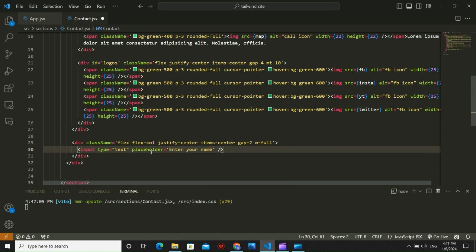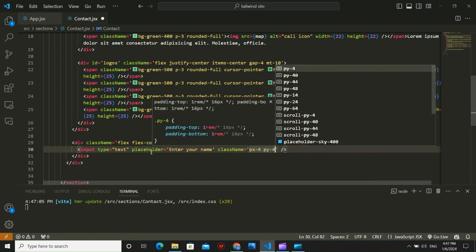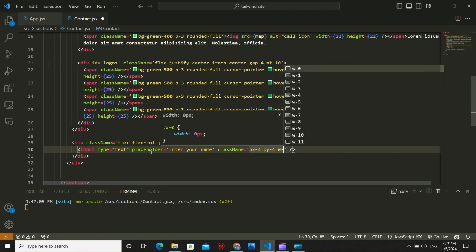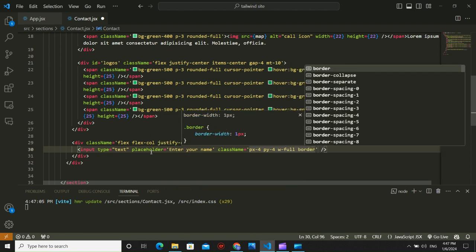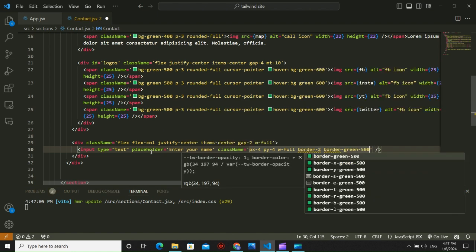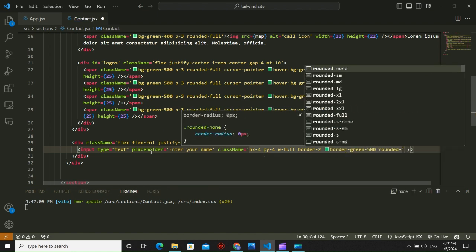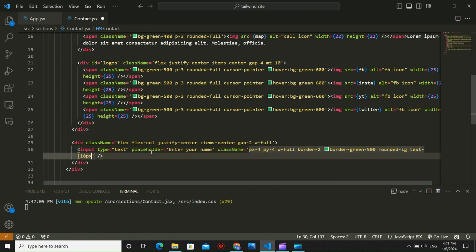Okay, so let's give the classes here for the styling. Here we give the padding in the x-axis px4 and py4, width full, border 2, border green 500, rounded LG, text will be 18 pixel,